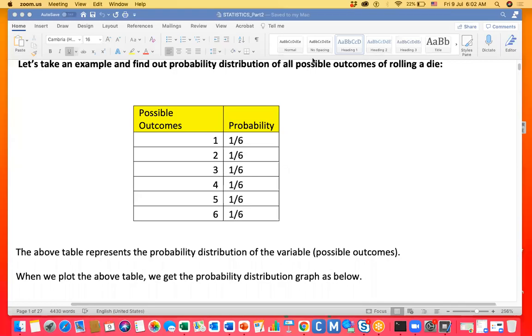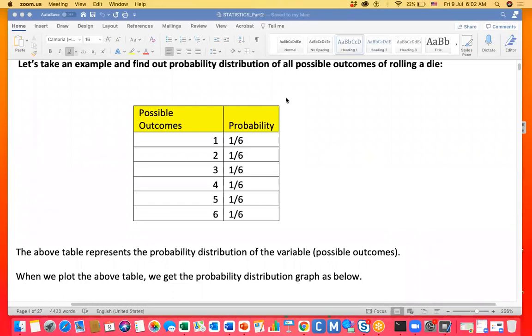We already did. So this is mainly used for deciding whether the statistical test is passed or not. That is the main motto of the